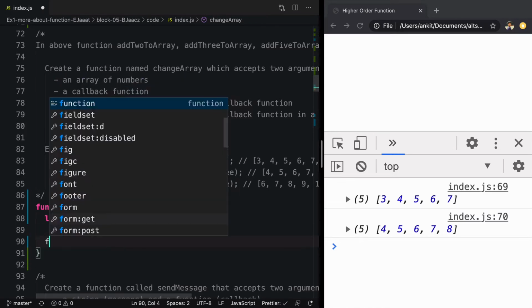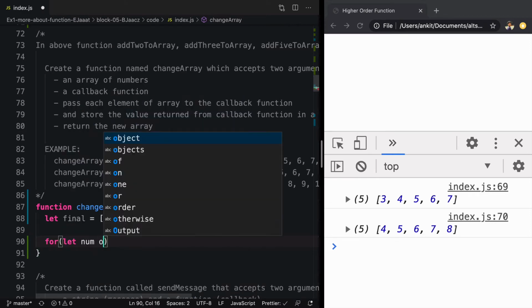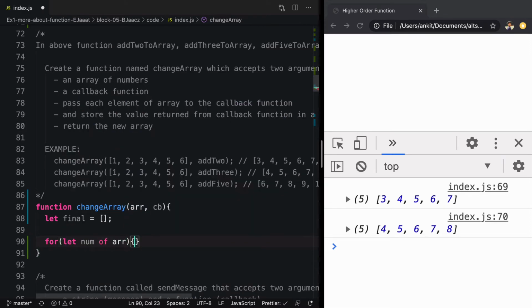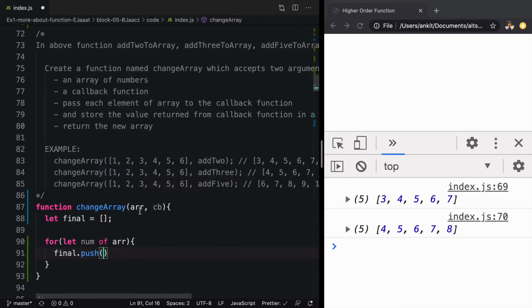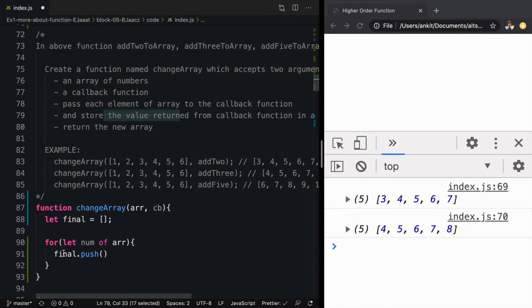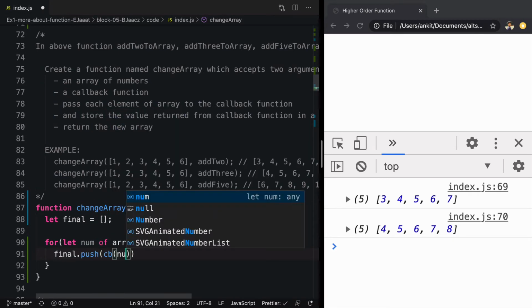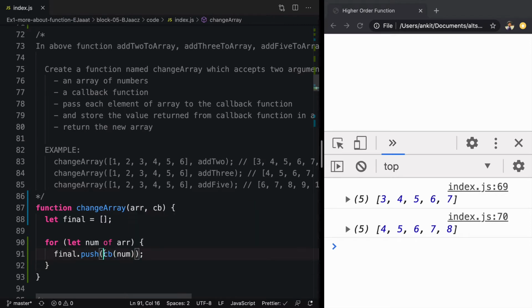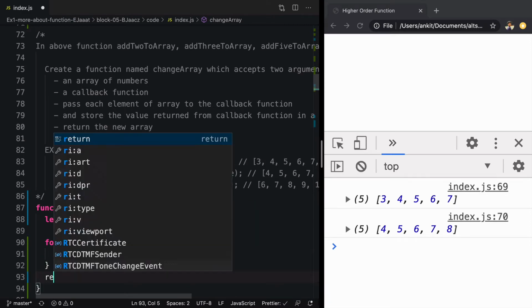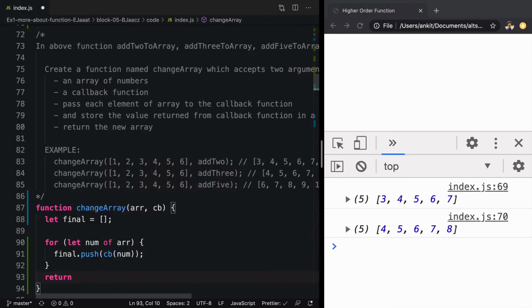We'll loop over the array by saying for let num of array, and here we'll say final dot push and we'll call that function. Pass each element of the array to the callback function and store the returned value into the new array. So we'll say final dot push, call the callback function, and pass the value num. Whatever gets returned will be stored inside final, and we just need to say return final.